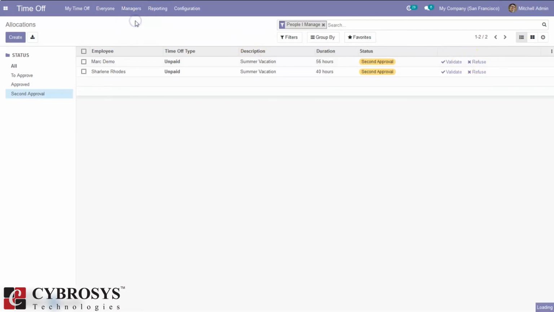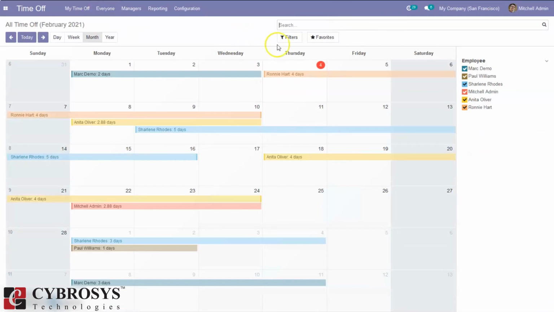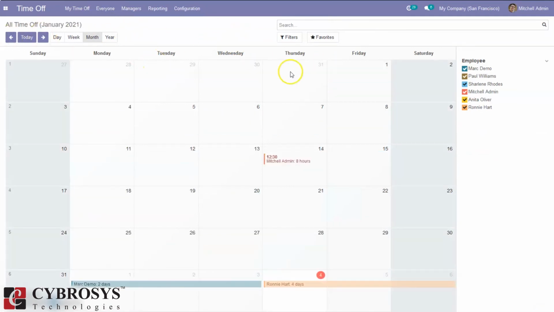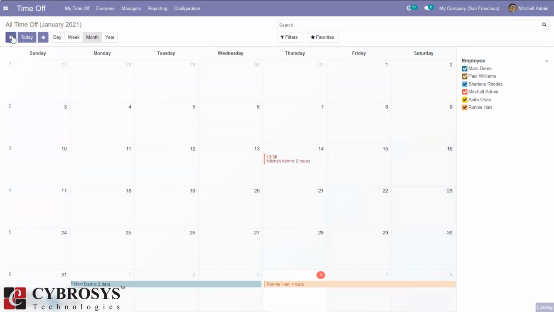And you can also see all time offs. Then the manager can also view every time off. Here you can see the calendar view. From here the manager can view all time off. Okay, so you can see every employee.